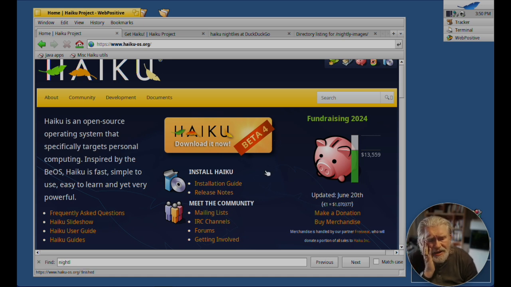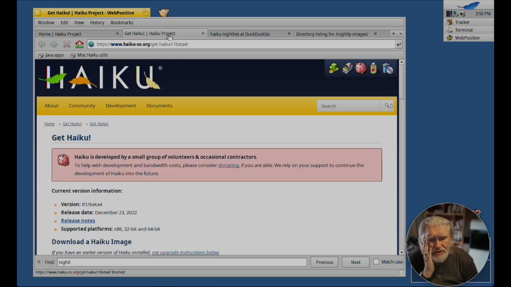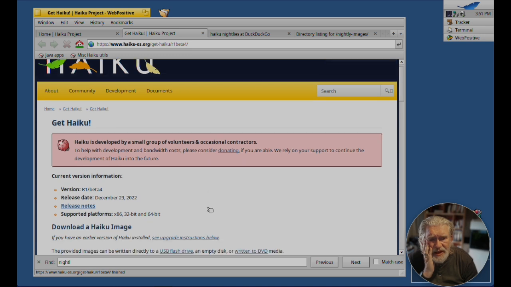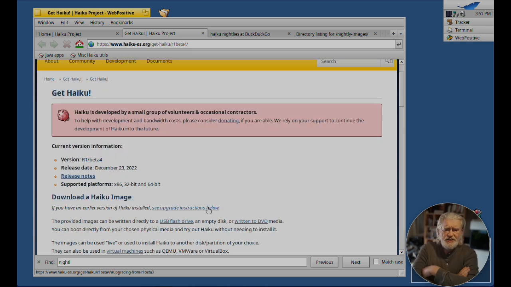So that doesn't really matter, but if you click on that, you will get to this page. Now, Beta 4 is about 1.5 years old, and if you install it, then the first time you update, you will be confronted with an enormous list of changes. So just schedule yourself some time for doing that. You basically have to choose between